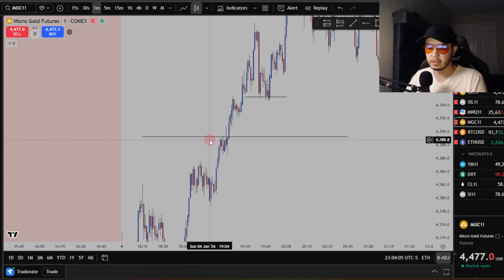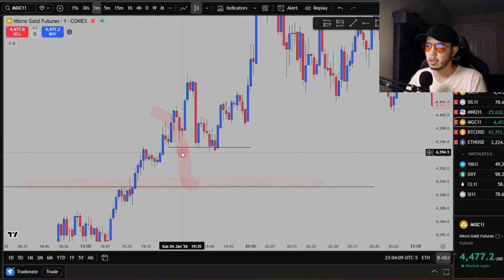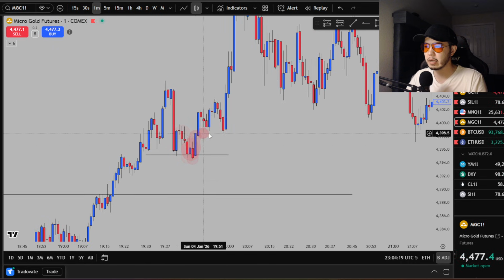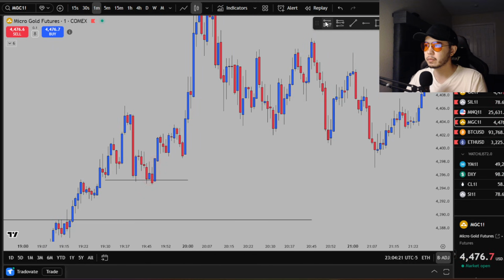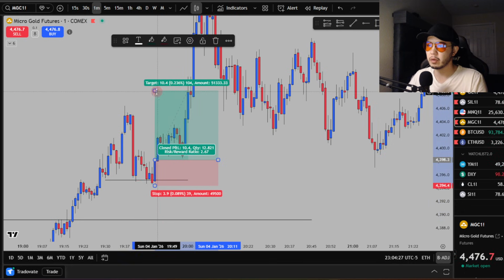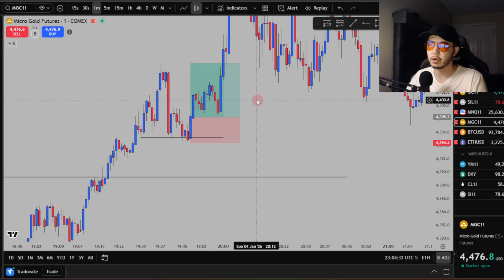So you have this area marked up. The price did not give you enough retracement. But you also have this area where we have created a liquidity. The price comes down, closes below it, closes above it again, and this is where you enter. You put your stop loss right below here. You can target this low hanging fruit for a nice 1 to 2, and you're done for the day